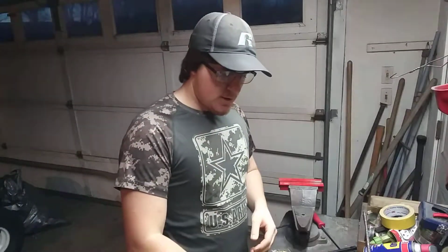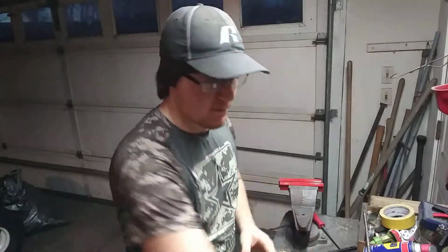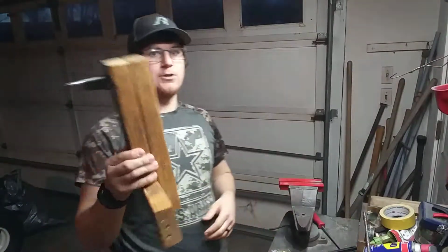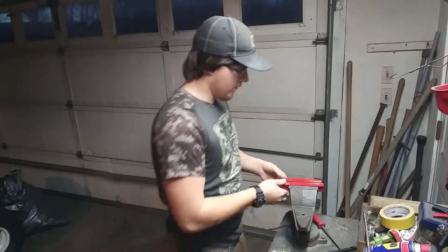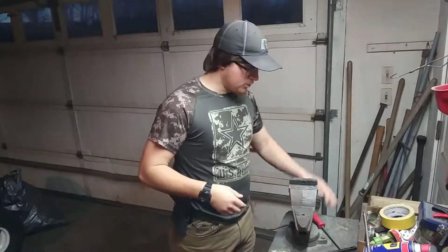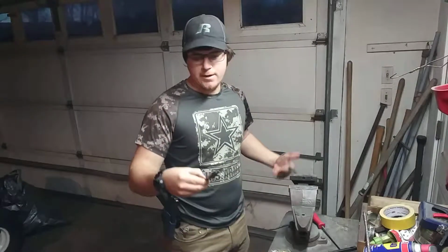filing jig. I talked about it in one of my other knife videos where I was talking about this knife, and then I made a separate video about the filing jig specifically. Now I'm going to be using this today to finish my bevels up. What I'm going to do is, at first, I'm going to clamp the knife down, and